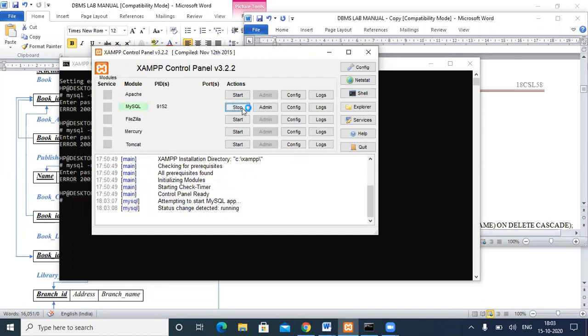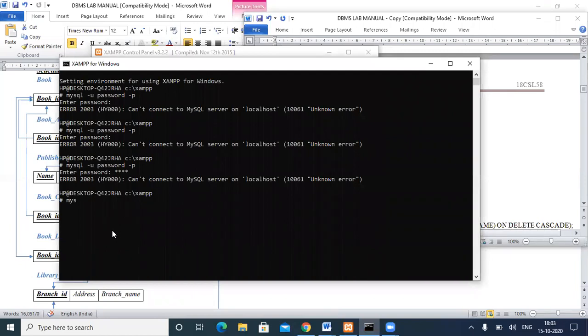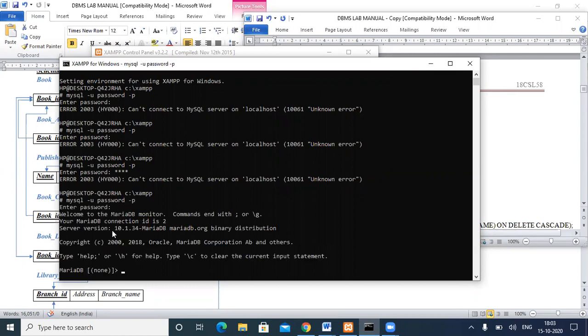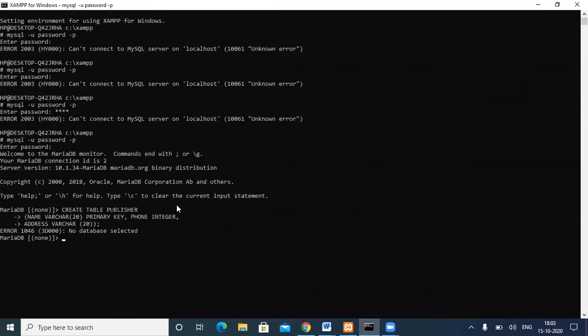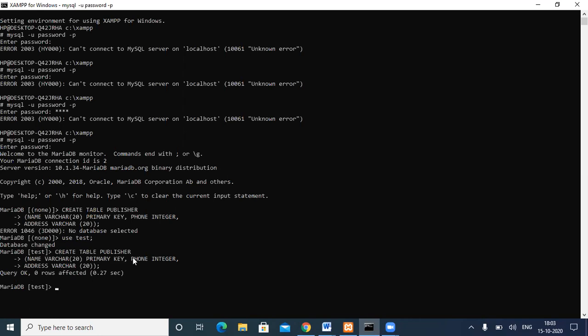So you can run MySQL, then we'll try to connect it. Okay, it's connected now. So I'll create the publisher table. I have not changed the database. Use test DB. Then we'll paste it. So the publisher table is created.